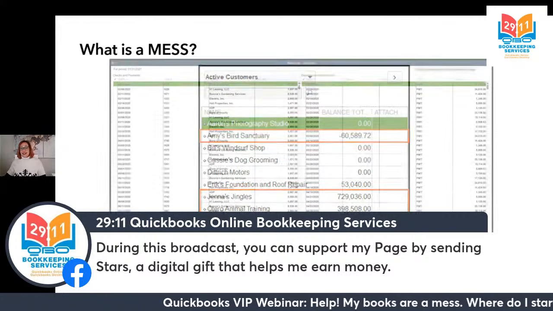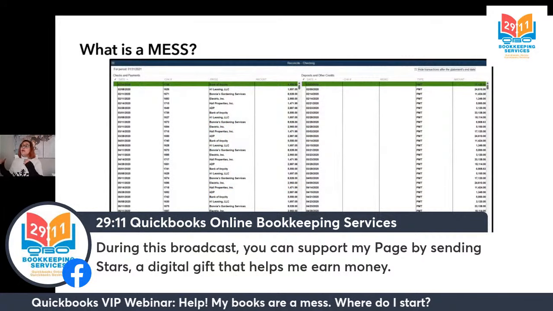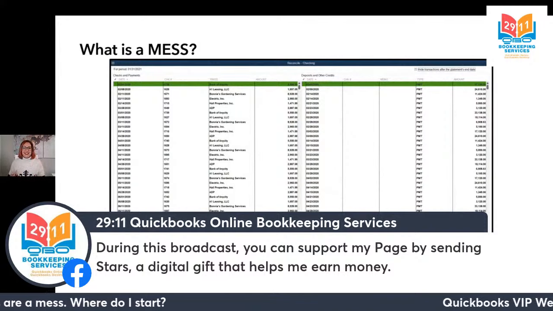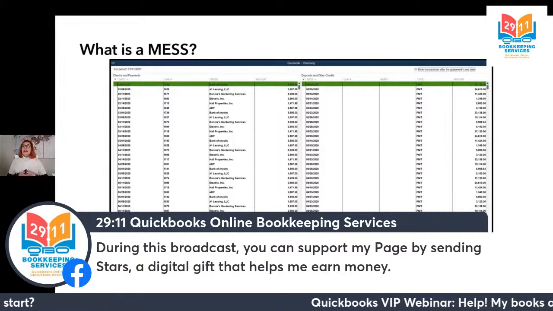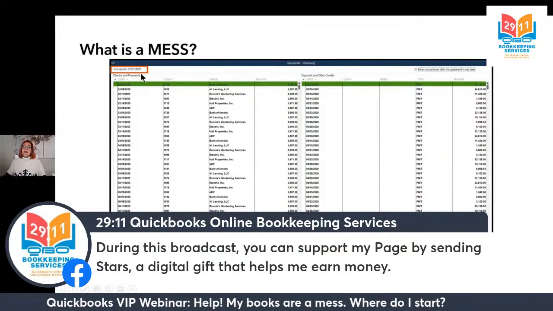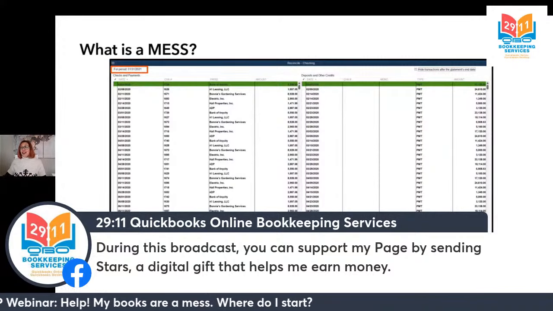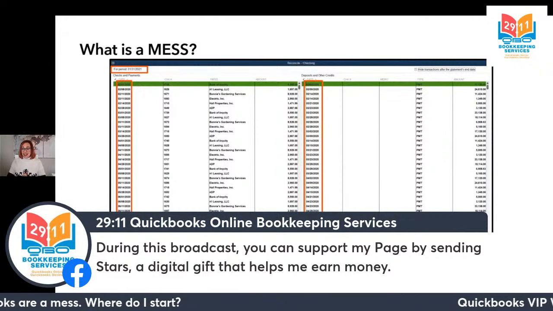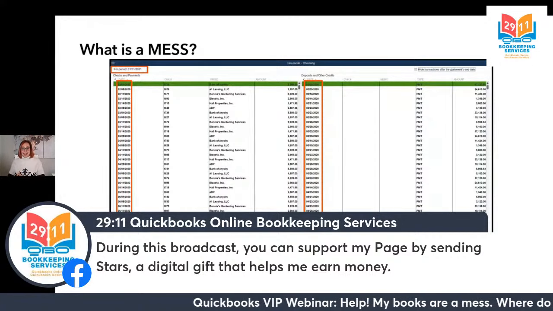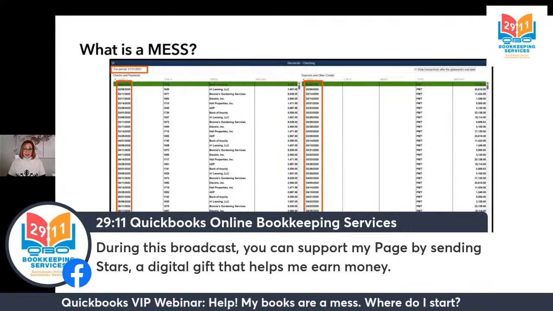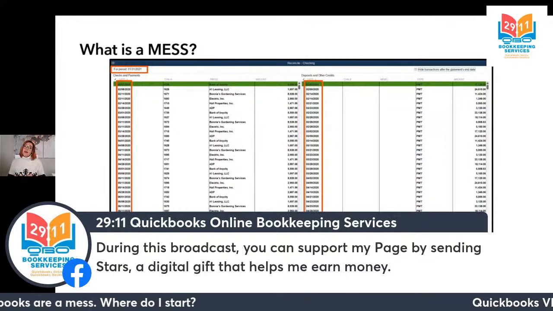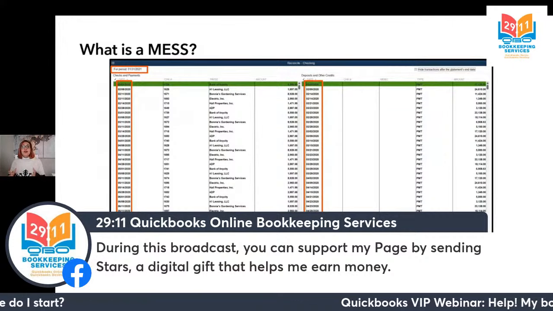Now, last but not least, you can also look for messes in reconciliation. This is actually the best place to check yourself. Everything is going to start and end with reconciliation. So let's say, for example, I am trying to reconcile for January of 2021. But take a look here at all of these unreconciled transactions from 2020. This is a huge indicator of a mess. And this is one of the most obvious places that you're going to see a mess. So definitely pay special attention during your reconciliations. And this will be a point that we continue to come back to over the course of this class.